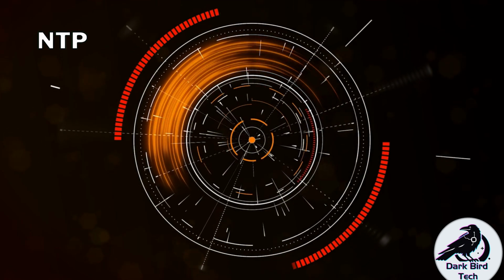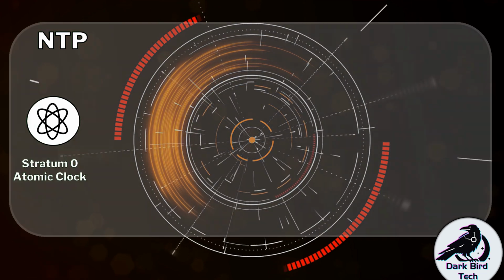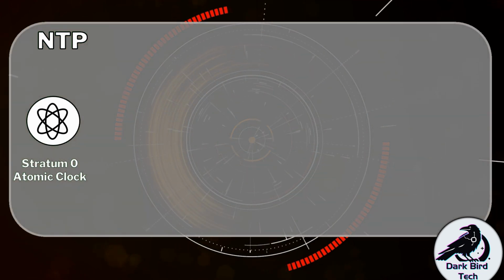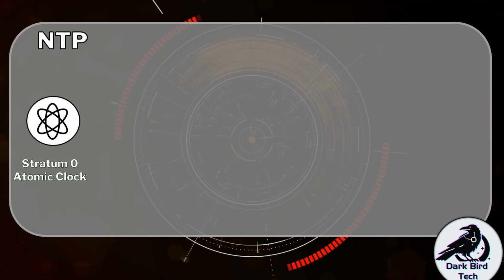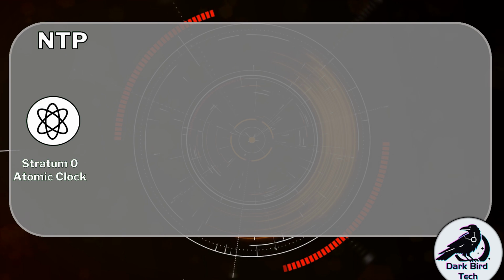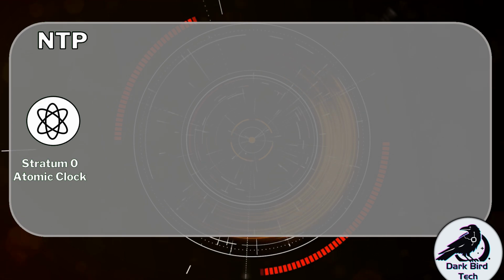So the way NTP works is we have an atomic clock, referred to as an NTP Stratum 0 appliance. Stratum 0 just means that this is the source of the time. And we usually use an atomic clock that measures the rate of radioactive decay of a particular isotope. Now, obviously this is not going to be TCP/IP accessible. So usually what happens is the institutes that run the atomic clocks